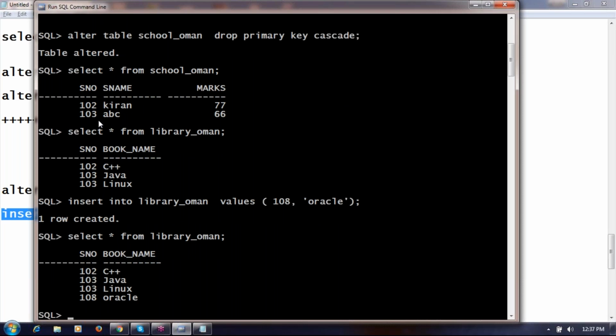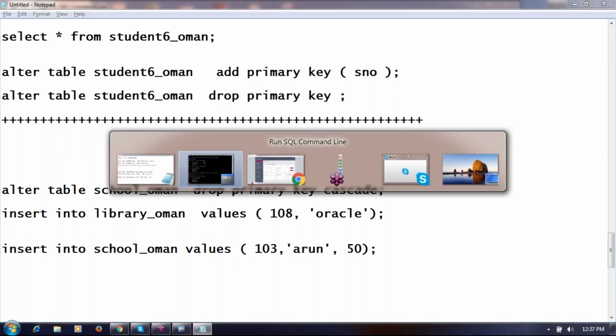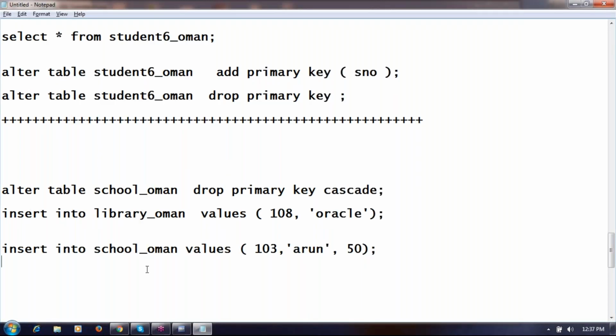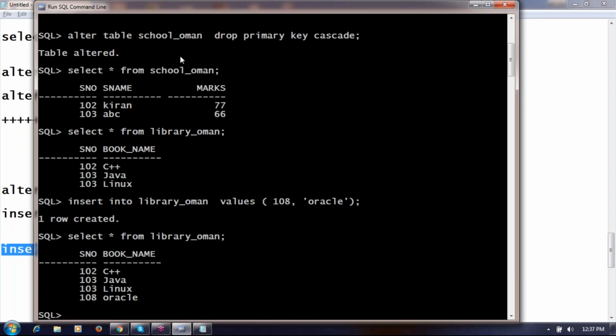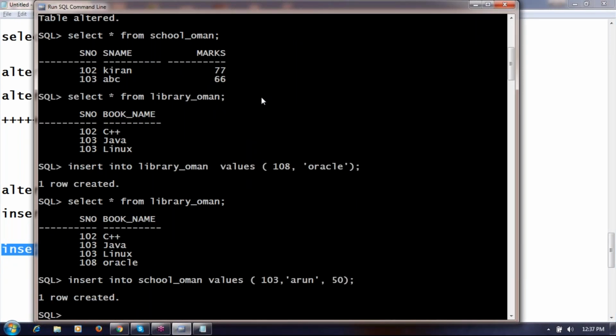Let us check whether the primary key is removed by inserting a duplicate row in the parent table. One row created.